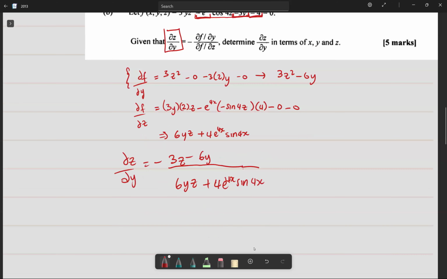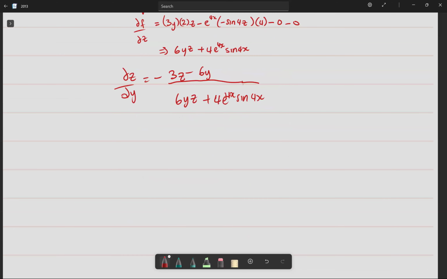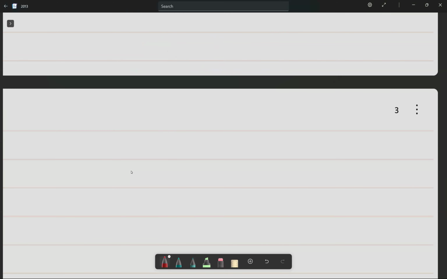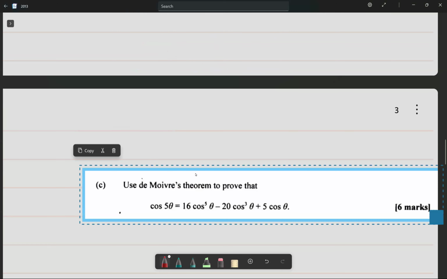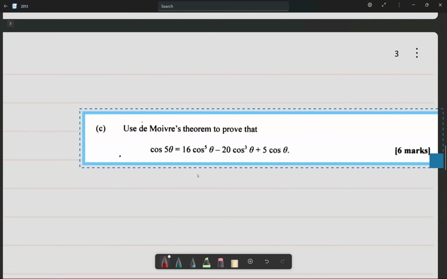The next part of the question says, this says the Orville's theorem. Okay. The Orville's theorem. That's it, pronunciation? Oh my God, pronunciation. Okay, so